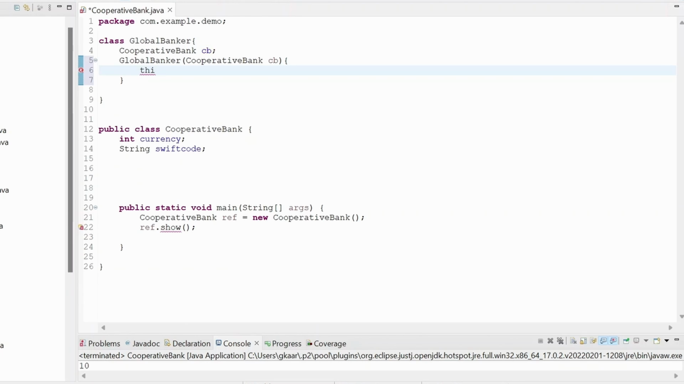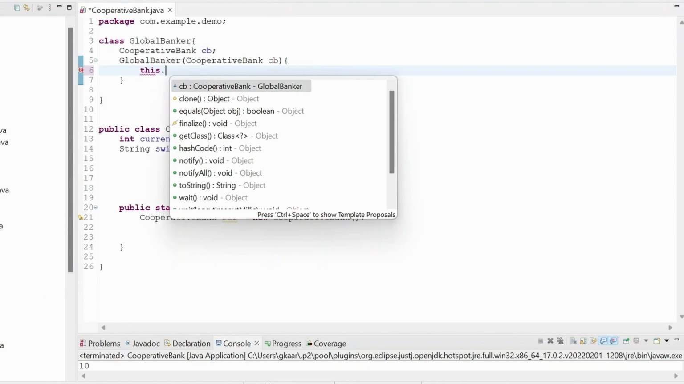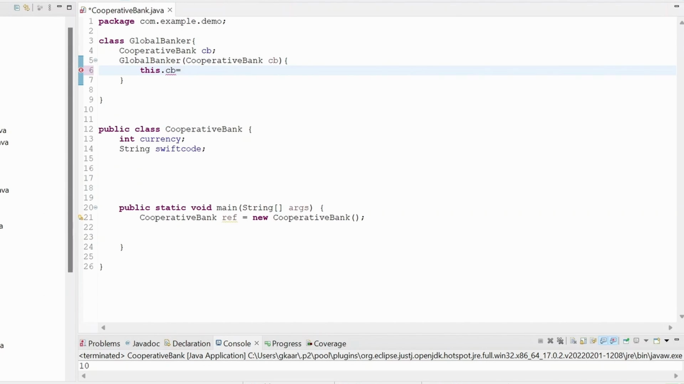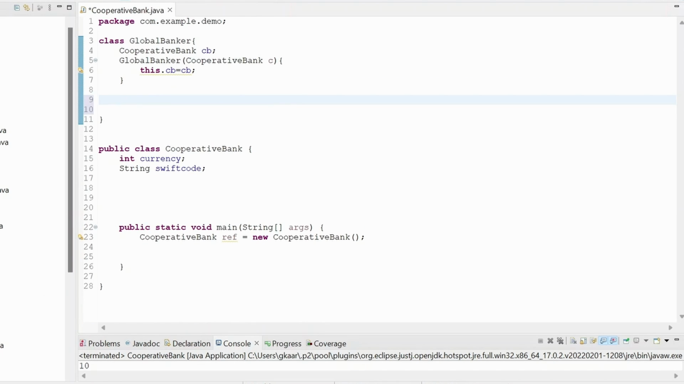Now, since I want the value that I'm going to create for the cooperative bank at the runtime, I'm going to use this.cb = cb, the value that I'm going to get passed from the runtime. Now let's say I have a method called void showGlobalBalance. So I'm going to have a method, and this method is going to show me